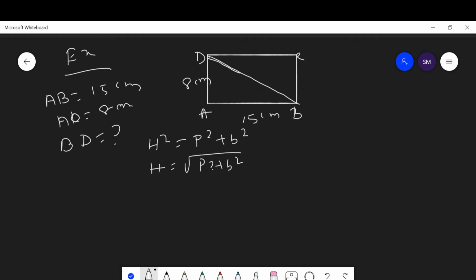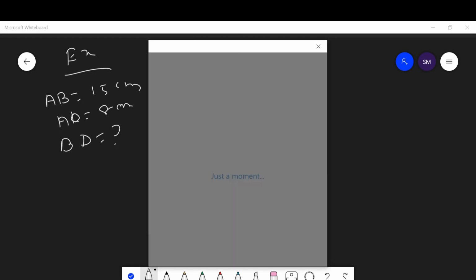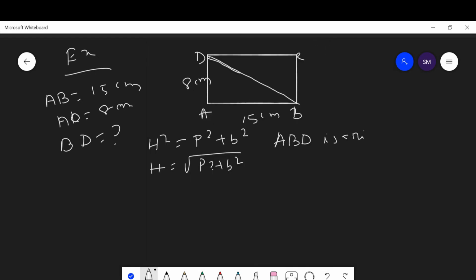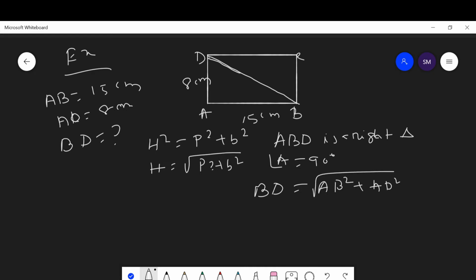Here consider the triangle ABD, a right angle triangle in which the right angle is at A. Then here BD is the hypotenuse. BD is equal to square root of AB square plus AD square. Here AB square is given 15 square plus AD 8 square, square root, which is equal to 225 plus 64 square root,